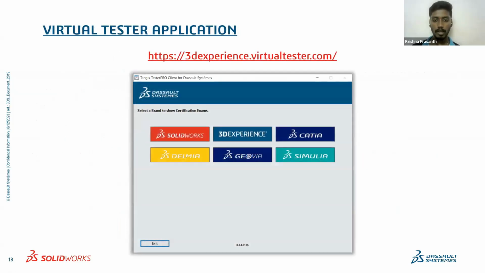So next we will be moving on to the exam conducting software. This is a self-proctored dashboard and software where we'll be using this tool to attend the exam. Here they will be providing you the questions for the session. For example, if we need to work on an assembly in the CSWP, the files will also be provided with this software itself. You need to download that file, edit that file, find the answer and provide the answer in this software. Okay, so we can see that demo session here.